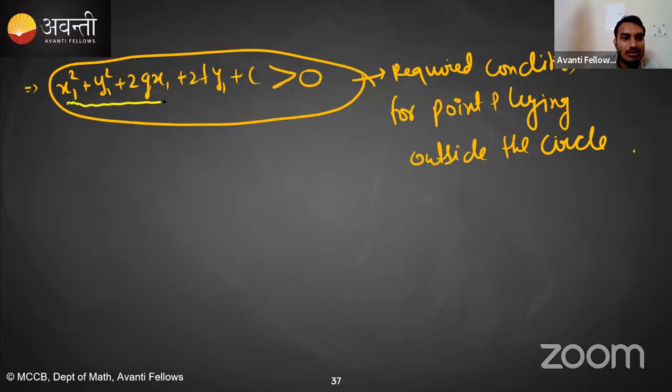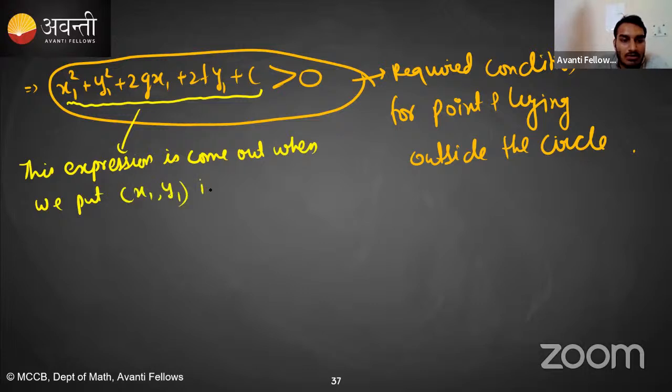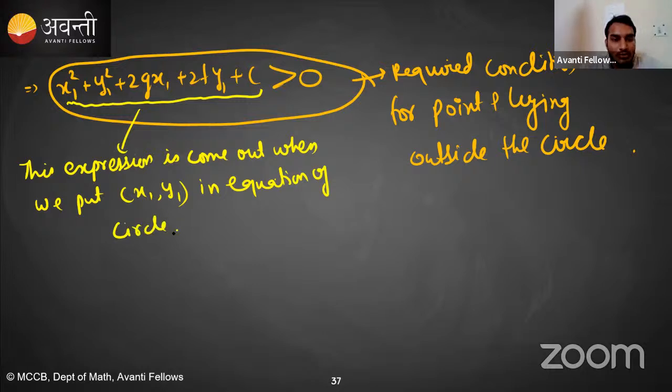So this expression comes out when we put x1 comma y1 in the equation of the circle, right? So students, one very important notation that I am going to introduce,